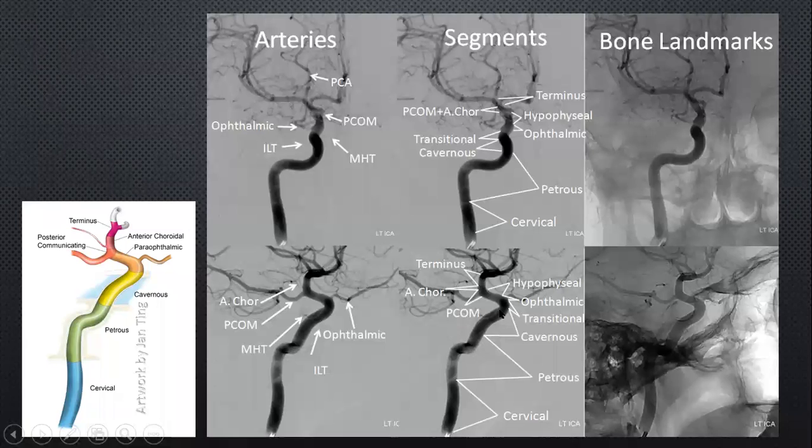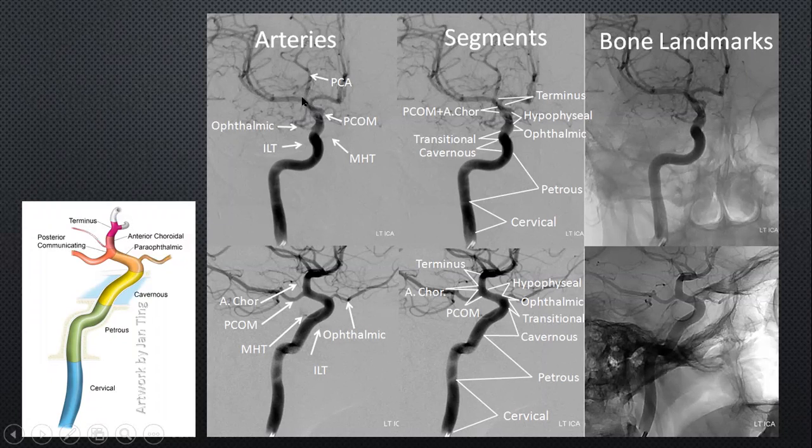So this is the cavernous segment over here, which is really on either side of the midline, and that's the cavernous portion. And subsequent to that, we get the internal carotid artery, which is seen here on the AP as something pointing laterally just about here. This is the ophthalmic artery, and it's easy to identify, especially if you can see the orbit. And then the posterior communicating, which is the largest branch, which goes posteriorly, but on the AP it is much more medial, which is here, as you can see. So this is the posterior communicating artery, which you can sometimes see superimposed like over here, depending upon its dominance, as if it is a branch coming from the MCA.